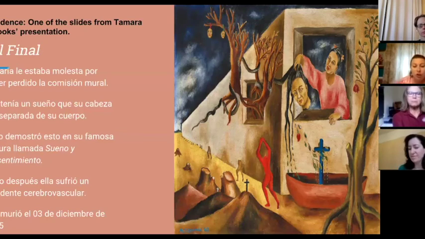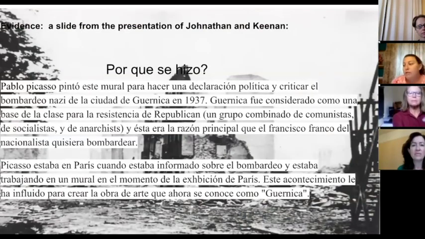The other thing I want you to see from that one and the other ones is that in all of these, students picked and looked at various pieces of art and different murals, and the project made them think about the history and the reasons behind why this art was created. And they wouldn't have thought about that, and I'm certain based on two students' experiences in real life, they wouldn't have thought about that without this project. So it was really interesting. Jonathan and Keenan picked a project and did something with Pablo Picasso.